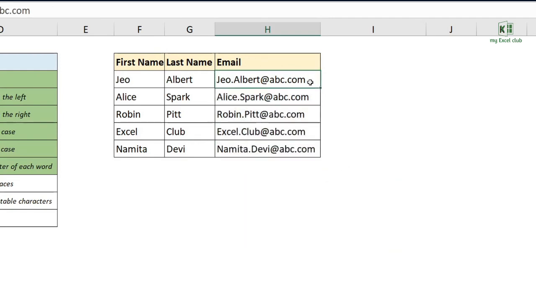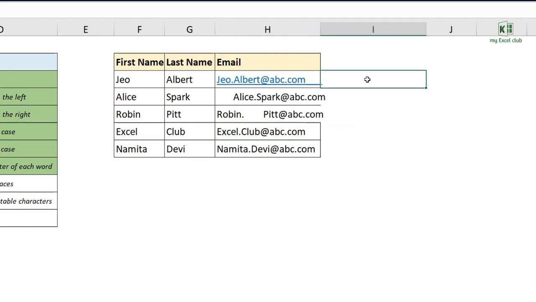Alright, so now let's say I have these email addresses and I have spaces after these emails, and I have spaces before this email address, and I have spaces in between like this. So how can I remove all these extra spaces? You can have this type of data when you are working in a large data set. So you can use your trim function like this, which will remove all your extra spaces.